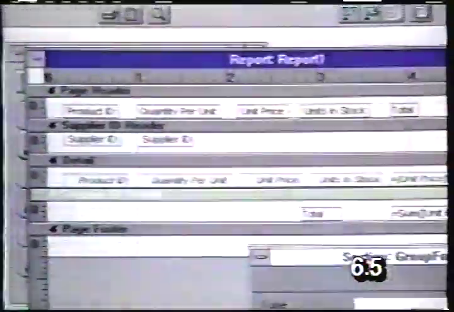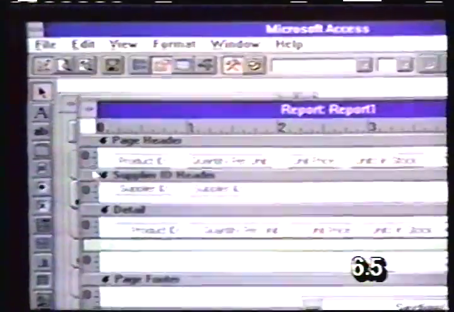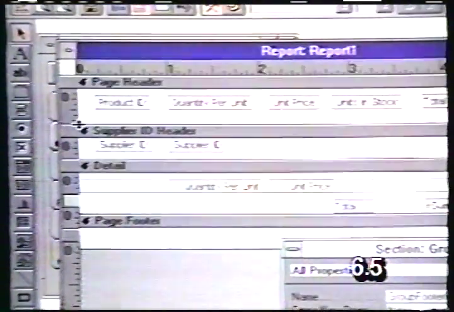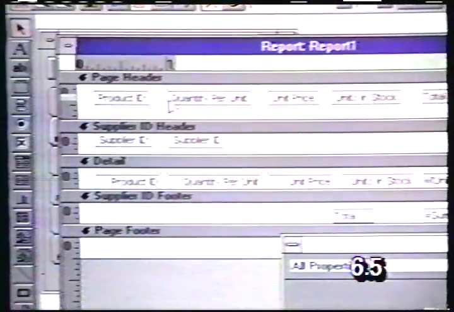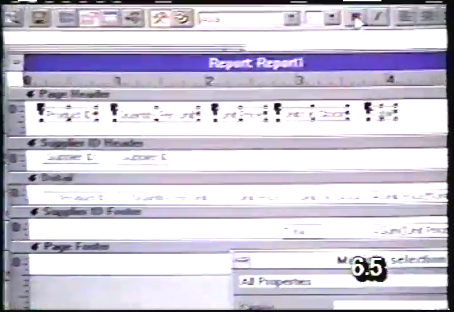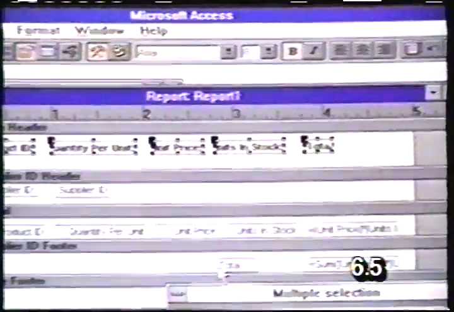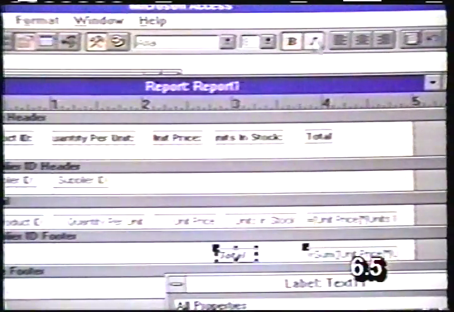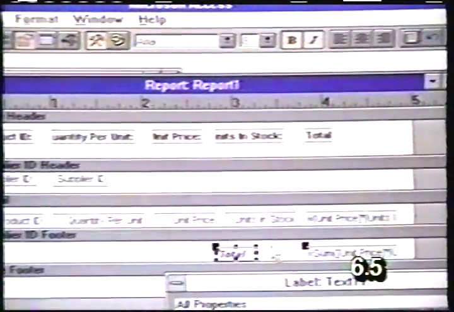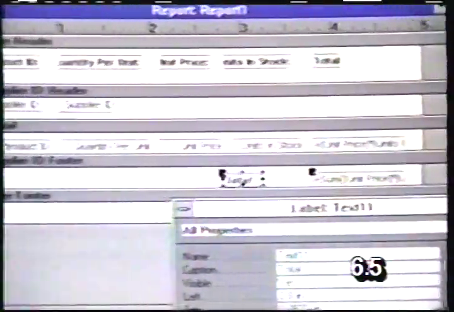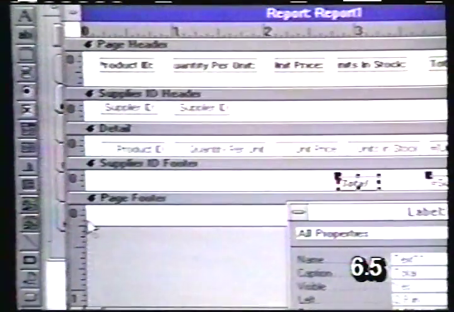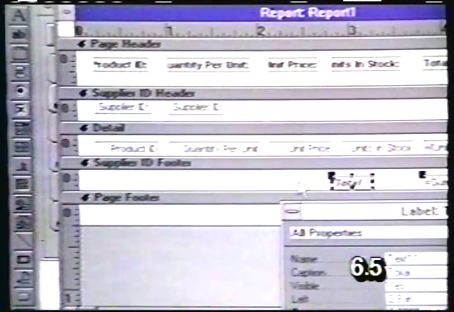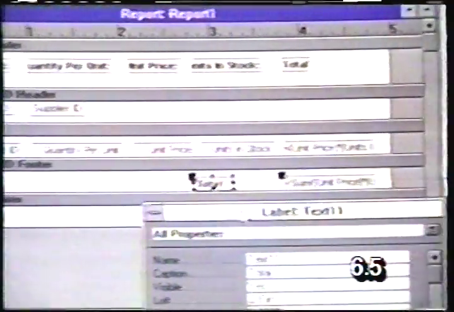I go back to my design mode, and I can enhance this a little bit further by expanding this section, clicking and dragging over my titles and making them bold. I'm also going to bold and italicize my total title. Finally, if I wanted to add a report footer to the bottom of my report so that I can grand total the unit price times the units in stock,